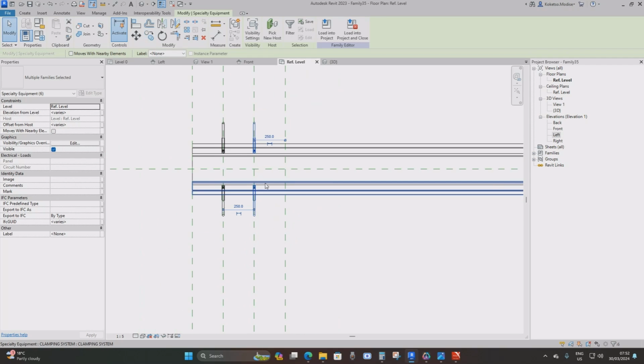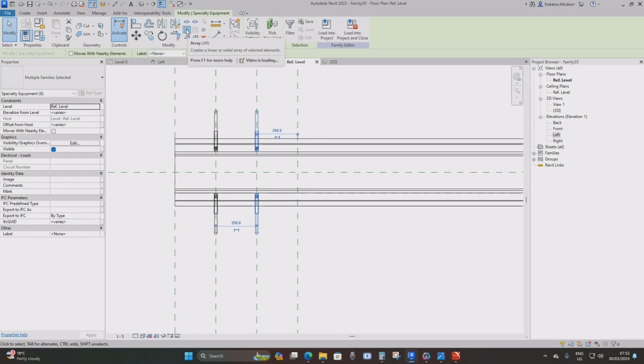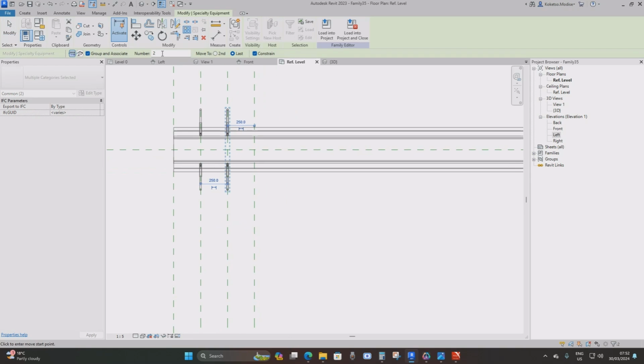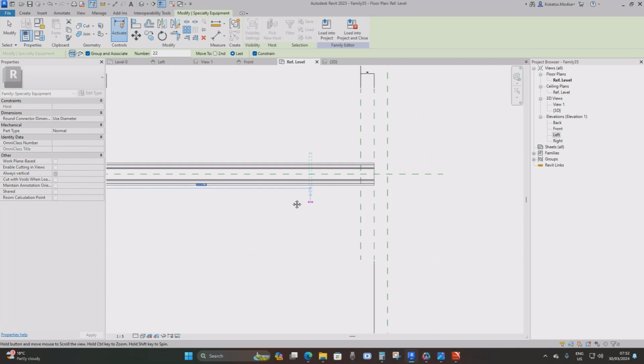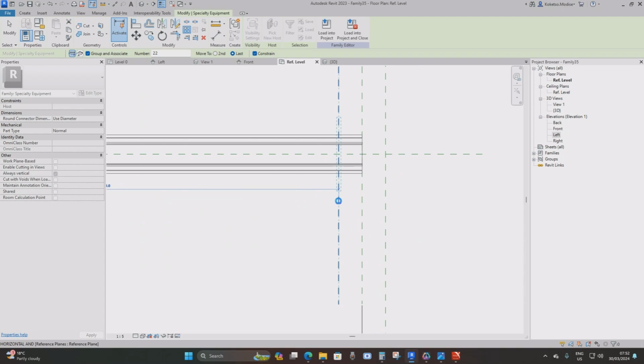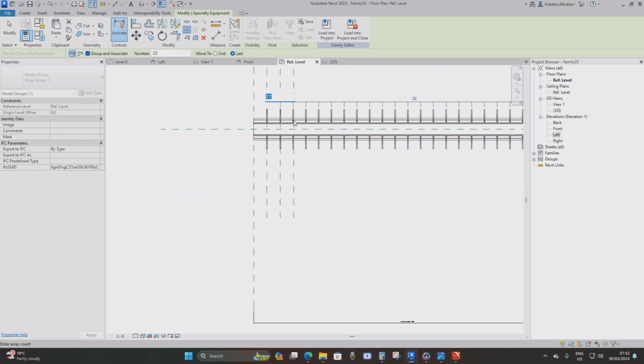While they are still selected, you're gonna say array, or you can type in AR on your keyboard, and then you're gonna set your number to 22, and then make sure your constraints are set to last. And then from this point, you're gonna select and then drag it towards this reference plane. So everything is gonna be copied,